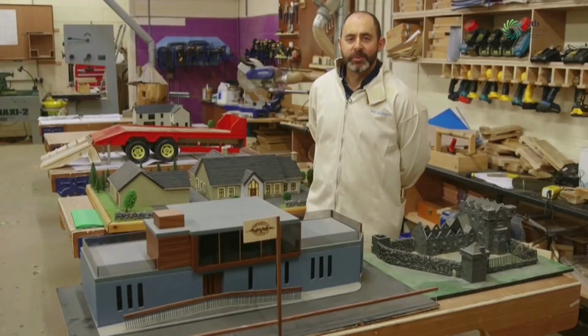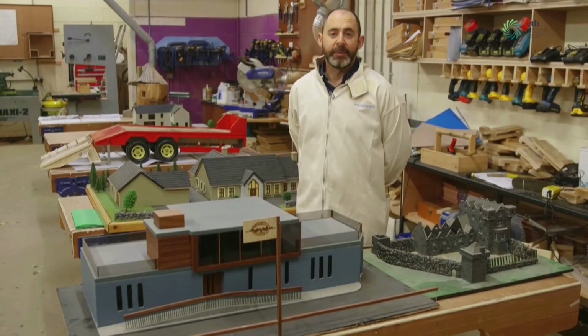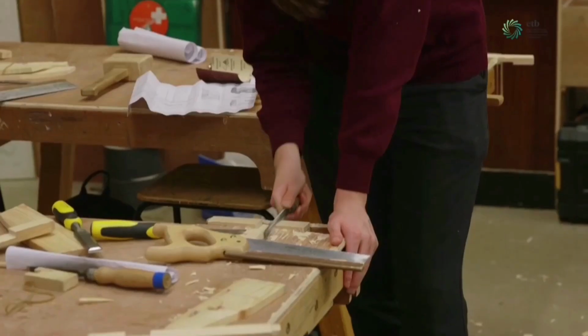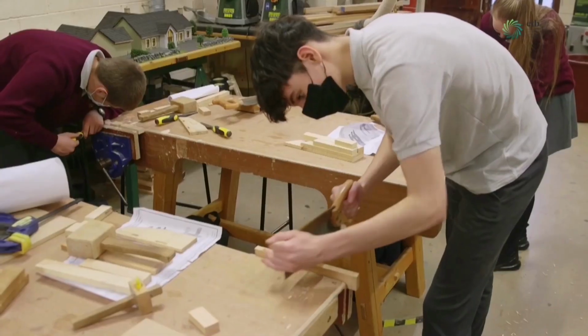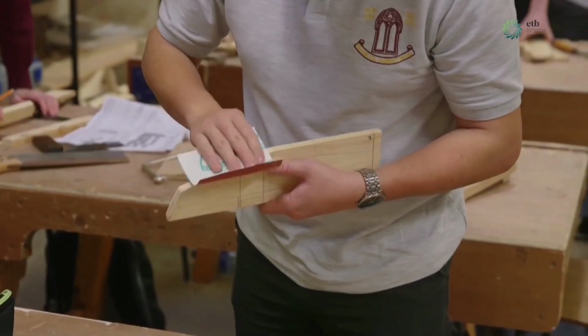Hi, so my name is Mr. Maguire and I'm the Wood Technology and Construction Studies teacher here in the Abbey Vocational School. So here in the woodwork room we teach through the design process. So we have activity-based, student-centred learning going on here, individual work and group work, where the students come up with